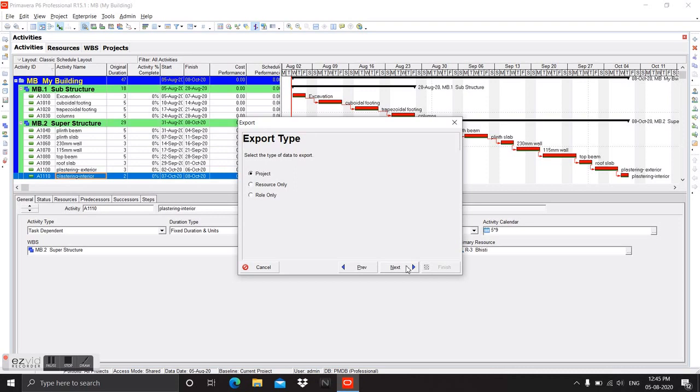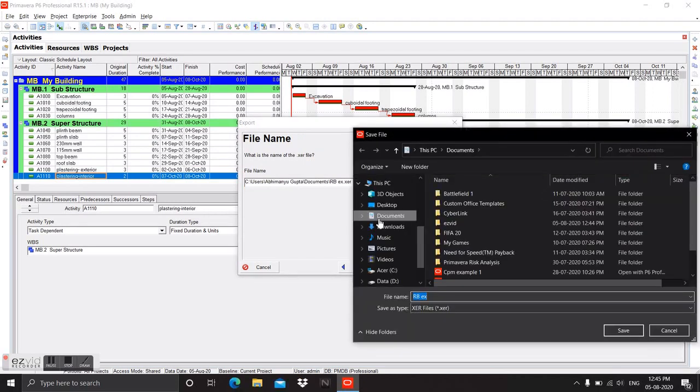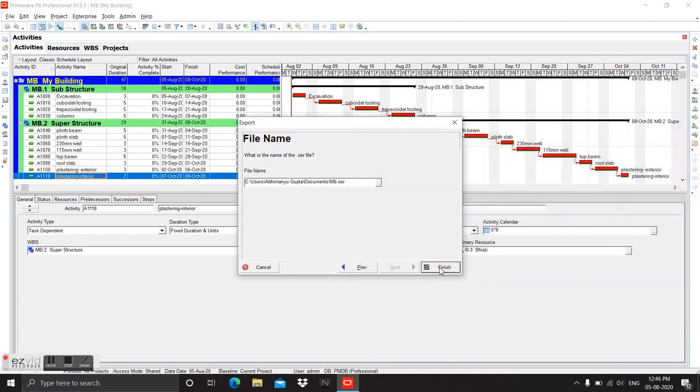Here you have to choose Project, make sure that it is ticked, and give your own name and where you want to save your file. Click on Finish.